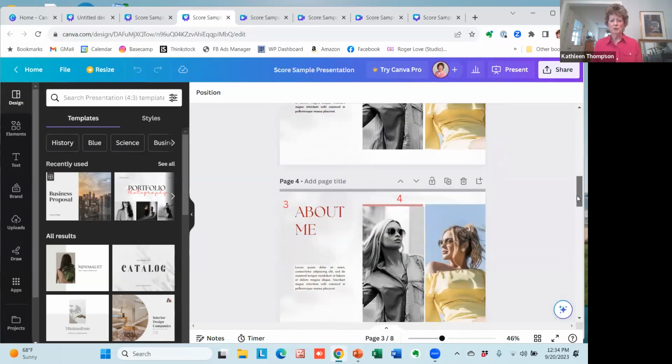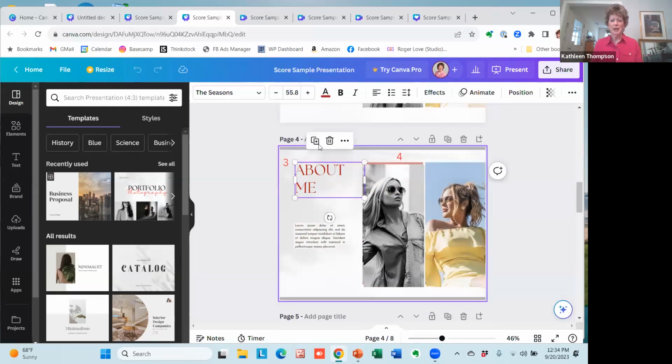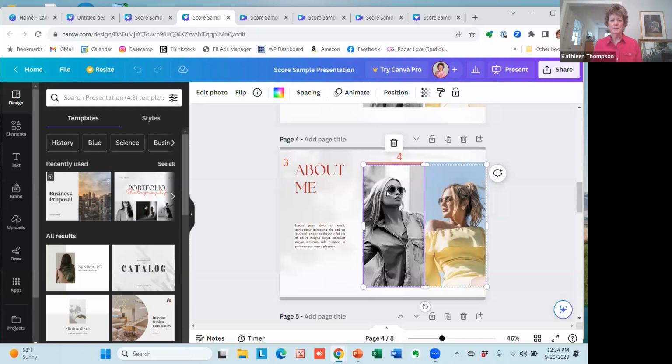So I'm going to change the font color. Again, there's the color. I just changed it, same way I did before. And this time in this picture, I'm going to choose Edit Photo, which I haven't done before. And when you edit the photo,